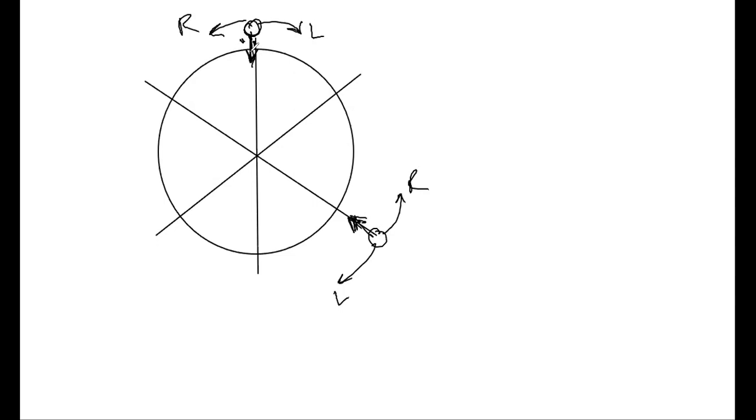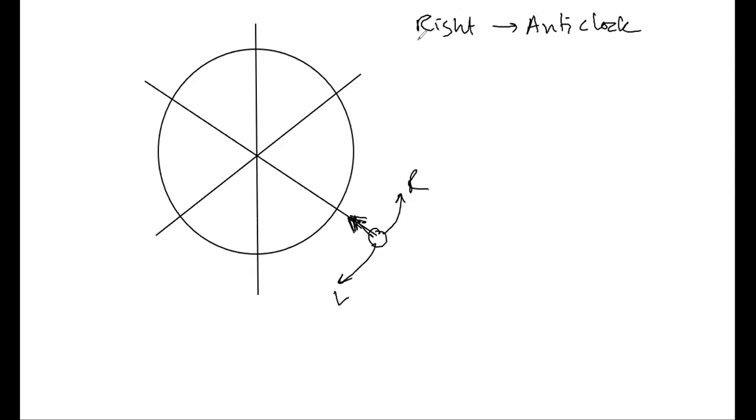If you are facing, okay, how do you identify or quickly do this? Because every time you have to place yourself and then decide, is it going this way or that way? So the simple logic is, remember, left means anti-clockwise, right means clockwise. I said it the wrong way round. Right means anti-clockwise or counter-clockwise, and left means you go clockwise.